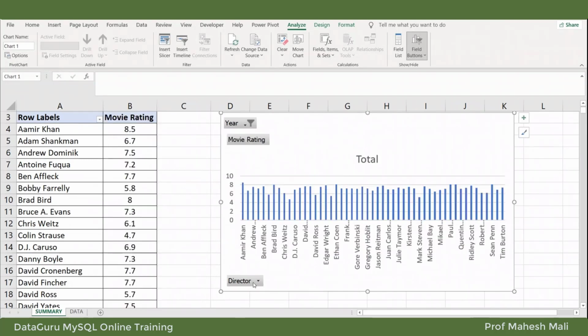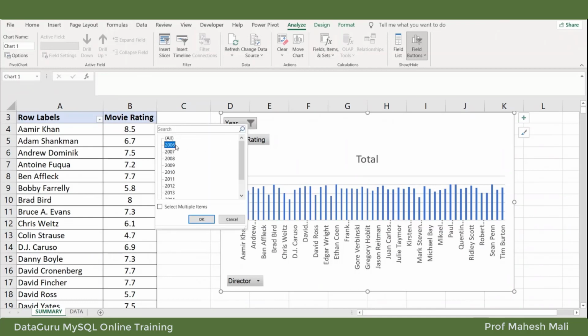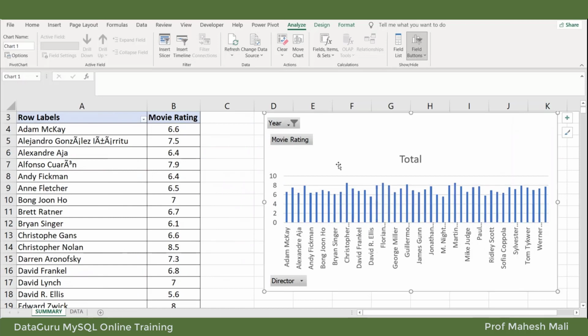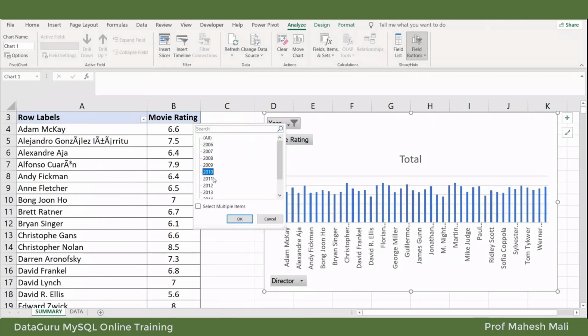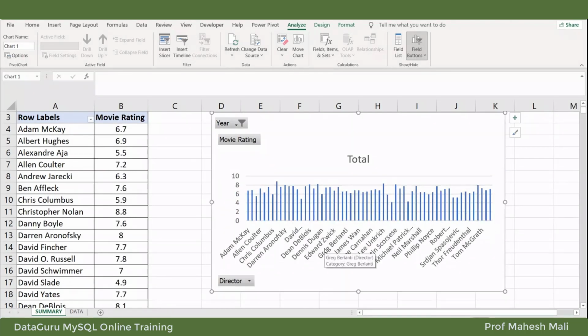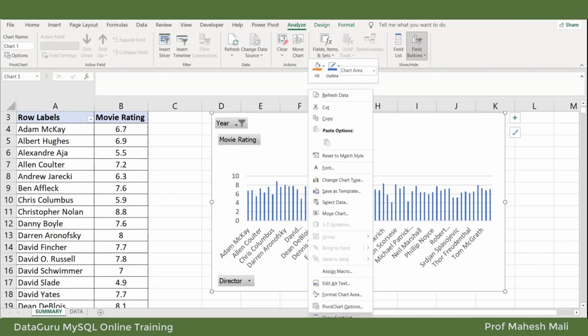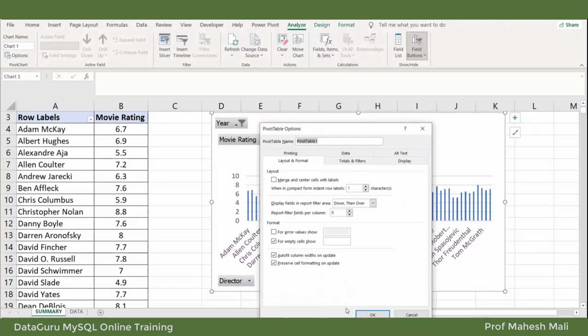Okay, movie ratings we have taken, director we have taken, and the year filter is also there with us. So only 2006, only 2010, or we can go for multiple things. Okay, now suppose these lines are very thin, I want these lines to be very close and somewhat thick lines. So we can go to pivot chart options,